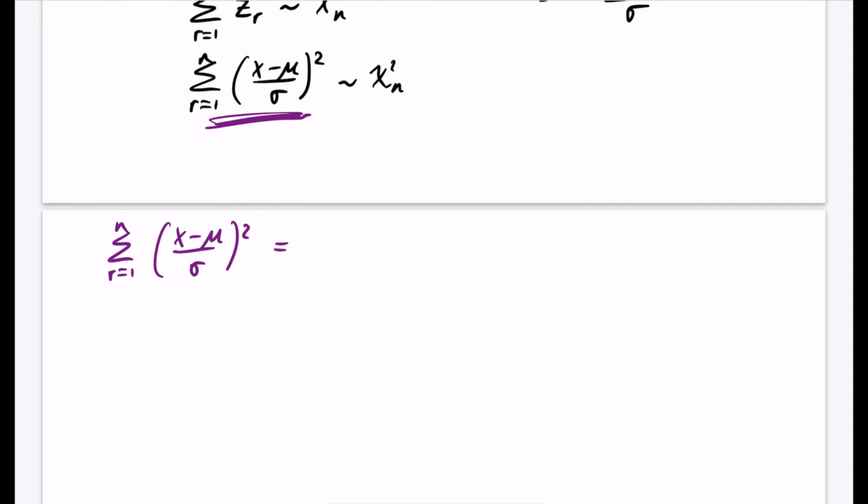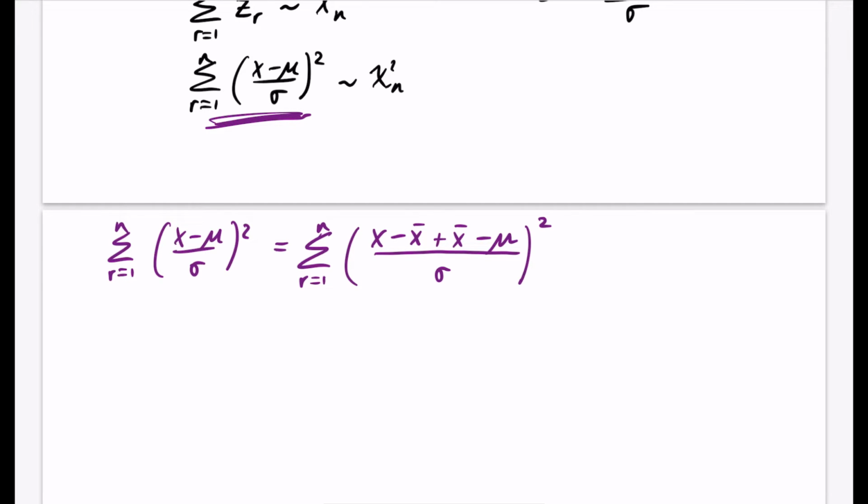And this is the sneakiest part of the proof. I am going to rewrite this numerator so that it is identical, but I'm going to do a little trick. I'm going to change it so that the numerator is written as x minus x bar plus x bar minus mu. Now, we can all agree that these things are going to cancel out, so it actually hasn't changed the whole overall part of the numerator, okay? And that is the sneakiest thing that we're going to do in this proof, and that's all being divided by